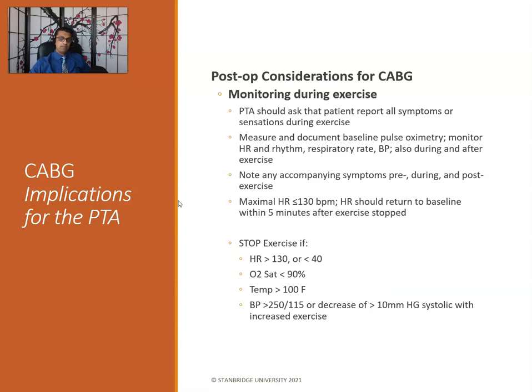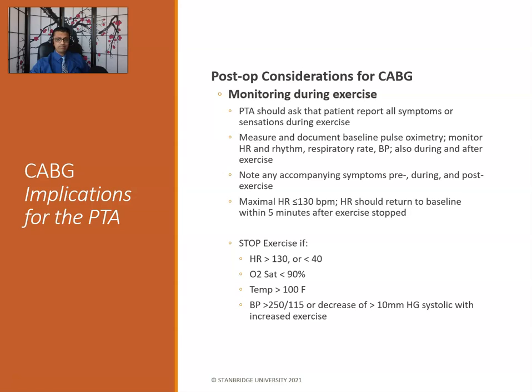Patient during exercise: the PTA should ask the patient to report all symptoms or sensations during exercise. Measure and document baseline pulse oximetry. Monitor heart rate and rhythm, respiratory rate, BP, also during and after exercise. Note any accompanying symptoms pre, during, and post. Maximal heart rate should be less than 130 beats per minute. Heart rate should return to baseline within 5 minutes. So let's say their baseline is 80 beats per minute. You do a couple exercises and they say, I don't feel good. You measure it, it's about 120. Okay, that's a normal response. We're still good. We're going to wait and see after 5 minutes, does it return to 80 or does it